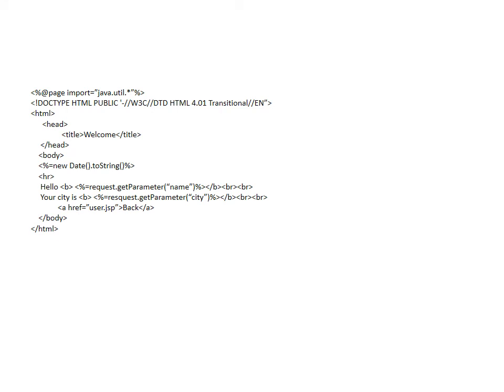Now how do I receive my client request implicit data here? Again I'm printing the date here, I'm just importing java.util. Remember, import is an attribute of the page directive tag. The @ symbol indicates it is a directive tag, right? We'll see directive tags along with attributes later, as I said, but just be clear how I am using it and why I am using this. Because I'm using the Date class.